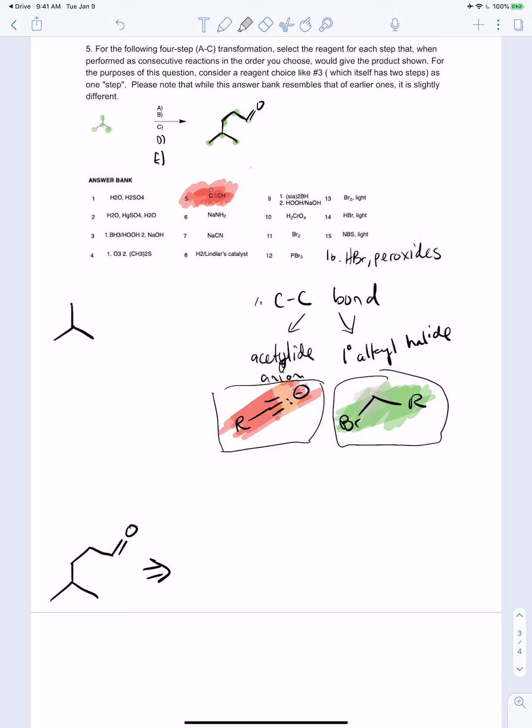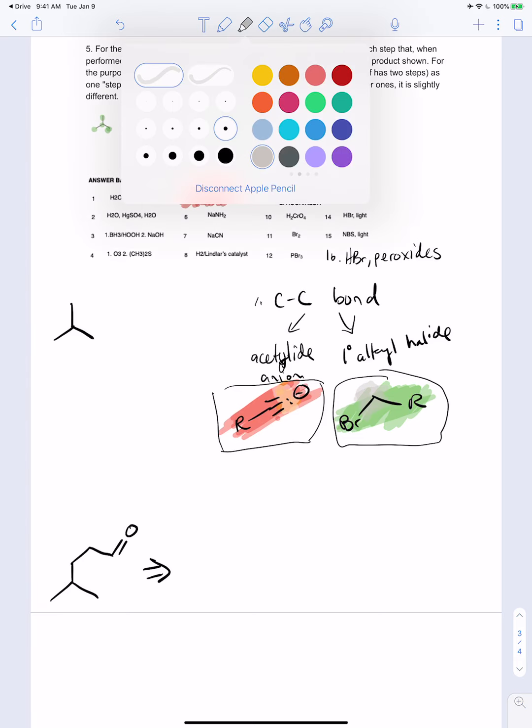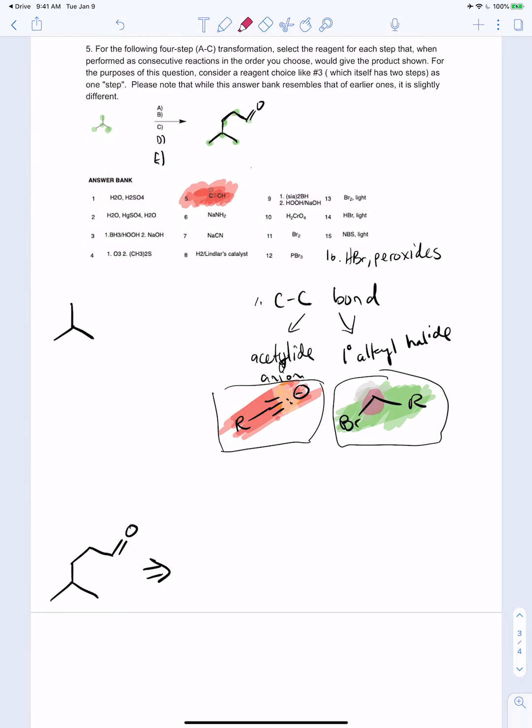That doesn't show up particularly well, so how about red? There we go. We're joining those two carbons together. I'll use blue over here. Okay, so when we join those two things together, we know that we end up with